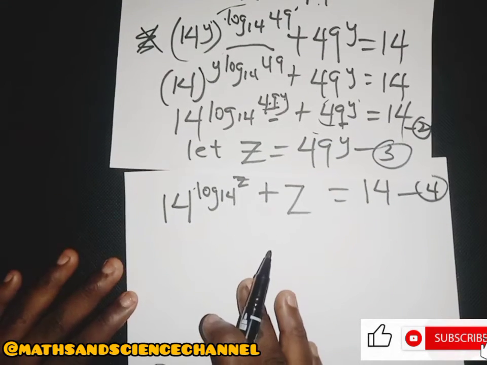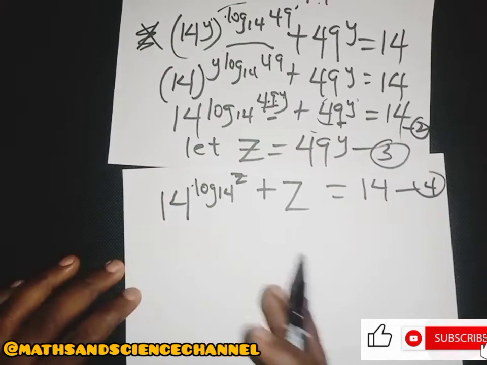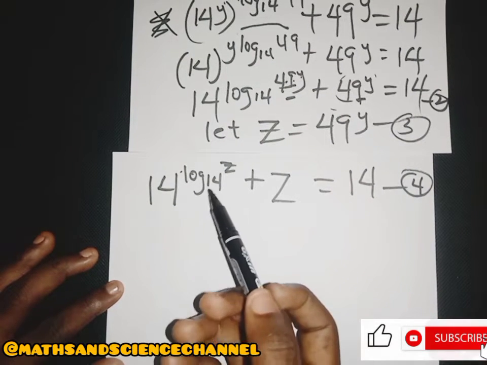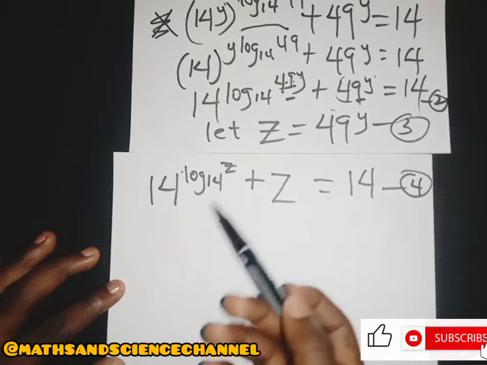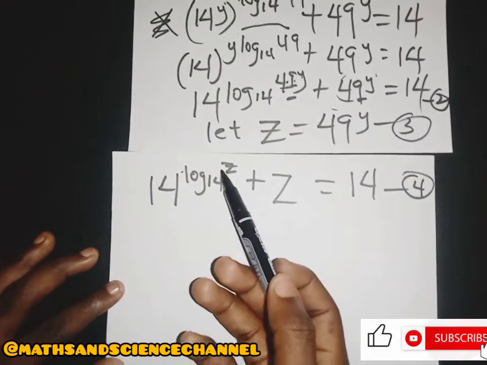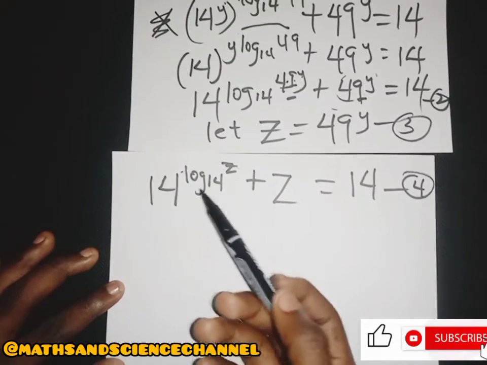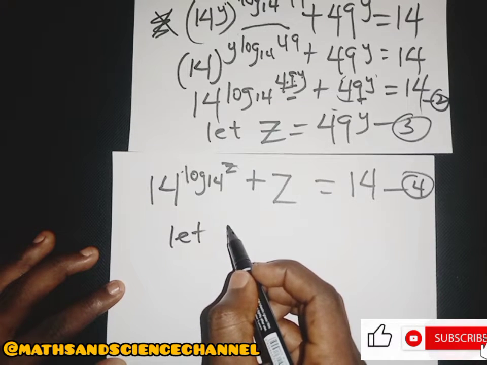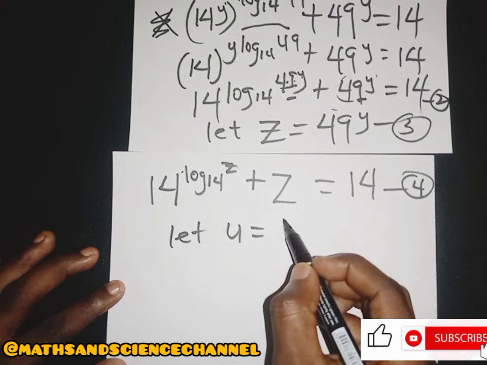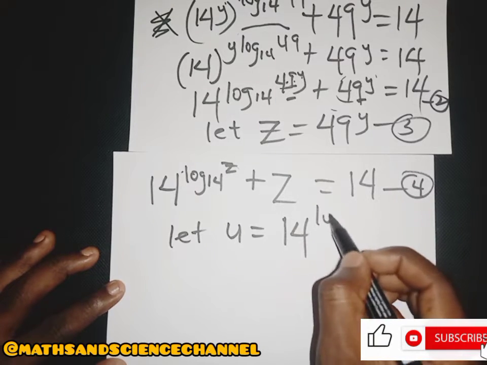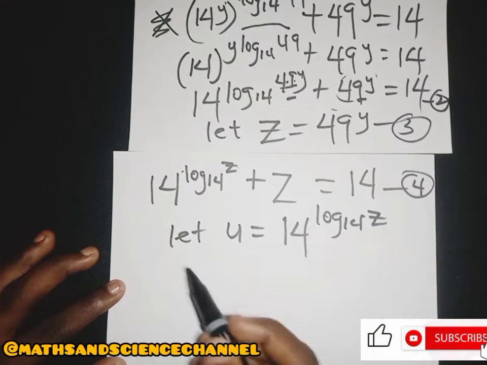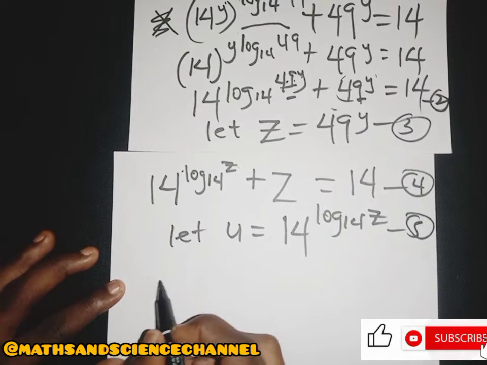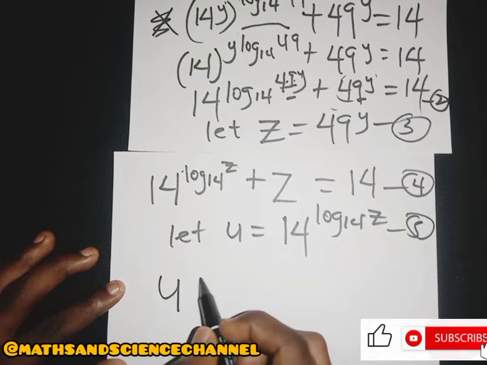Now from here, we use another variable again. What we are trying to do is reduce the whole of that into a simple form that we can solve. So we set the whole of this to another variable. Let's say u be equal to 14 to the power log base 14 of z. We'll do the substitution, and let's call this one equation 5. So let's do the substitution, and then we are going to get u plus